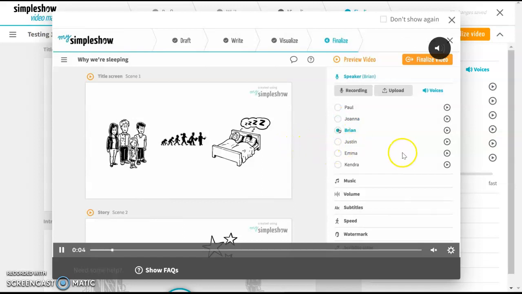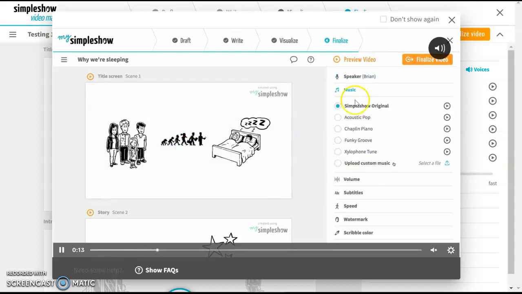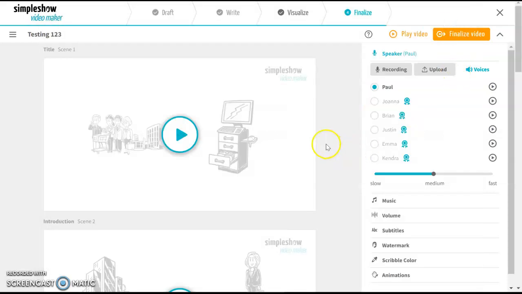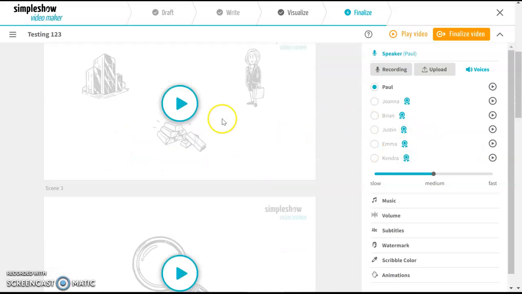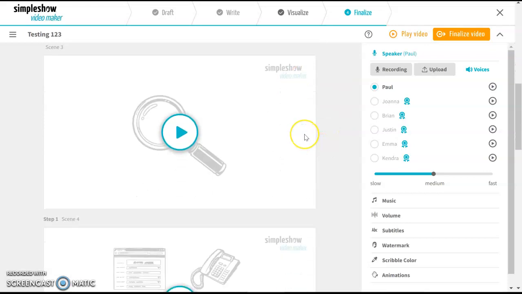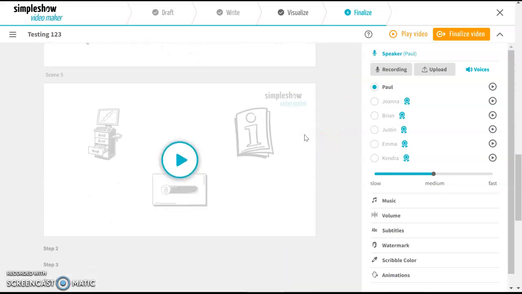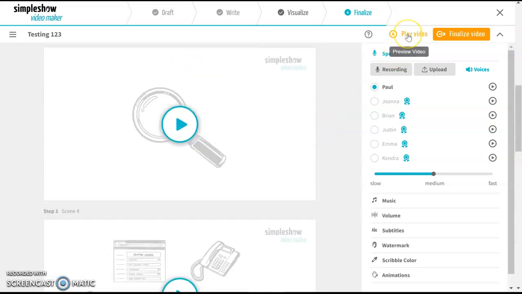From here, it's going to show you that you can use different voices, music, various different settings. So I would watch through this video. And from here, you can play through, test it, make sure you like the voices, if you're using a female to speak out some of it, or a male, subtitles, volume, watermark, different colors and animations. And then from here, you can play, get a sample idea of how it looks, or you can, if you're done, you can select Finalize Video,